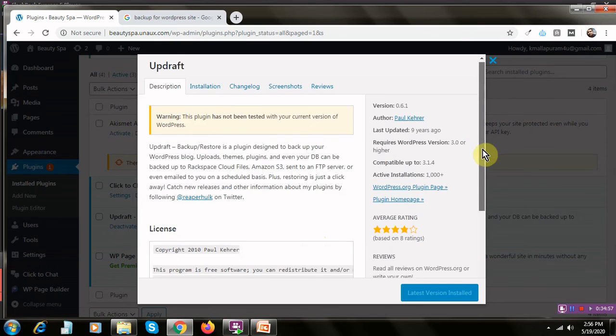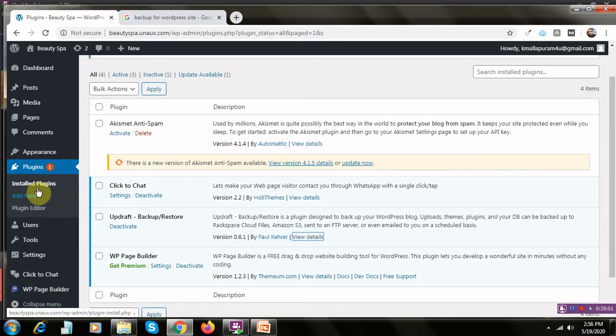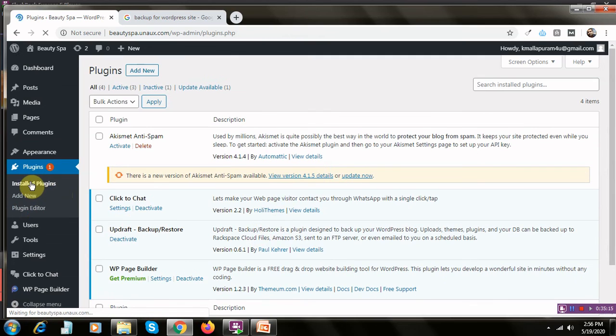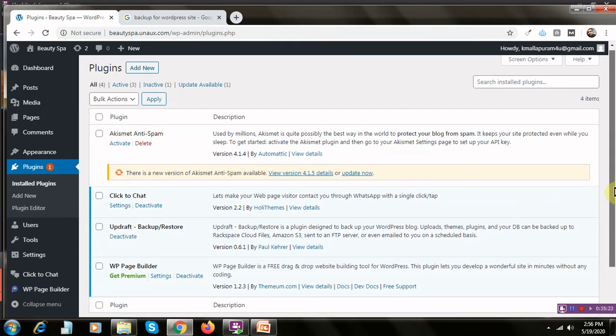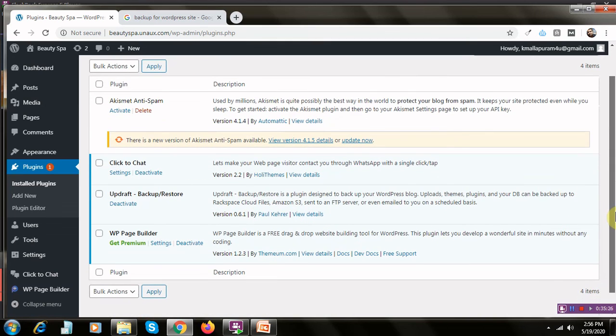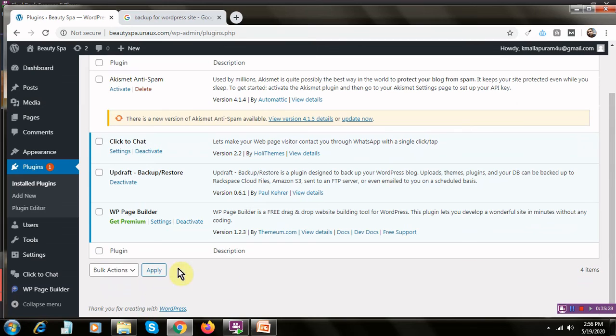All right, so this is the latest version that has been installed. Let's go to the installed plugins, or let's check. Yes, we have installed all these, like WhatsApp. We have also backed up our site, which can be done with the Updraft Backup/Restore page.